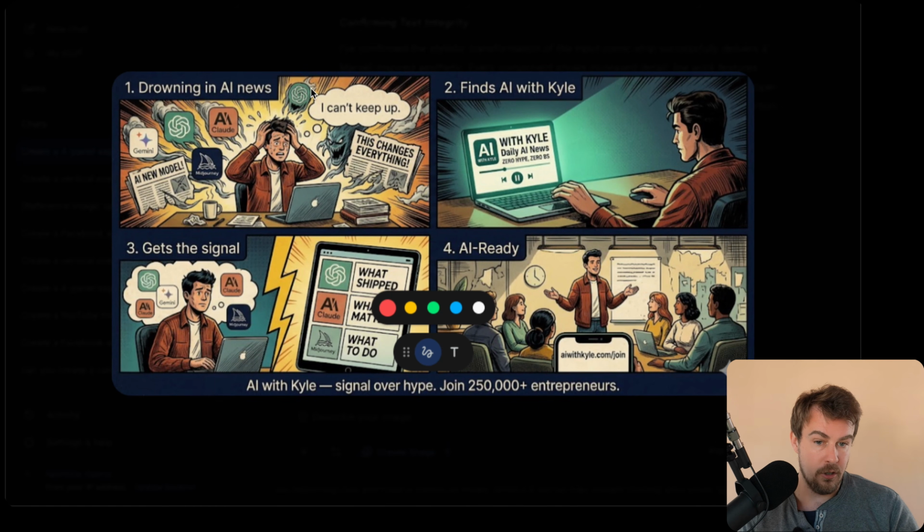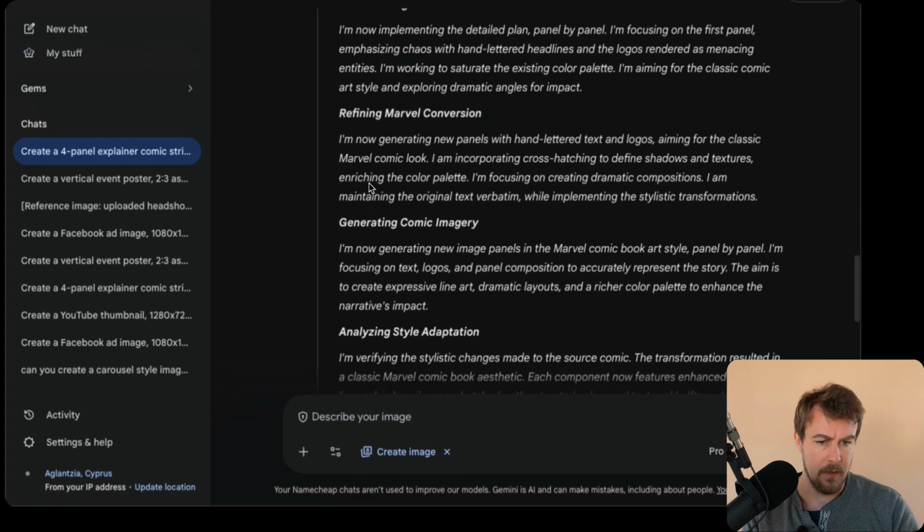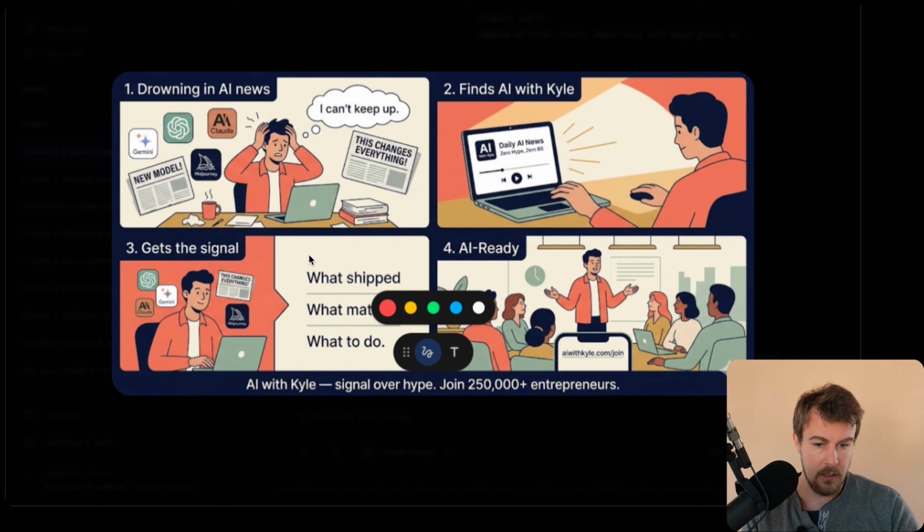It has now got 2 ChatGPT logos. It added another one up here. It's done the same with Claude here, so it's added an additional Claude logo. Those were not in the original. Let me confirm that. I'm pretty sure that was not in the original. No, so it didn't have the additional ChatGPT one here, and it's adjusted This Changes Everything headline to a Claude